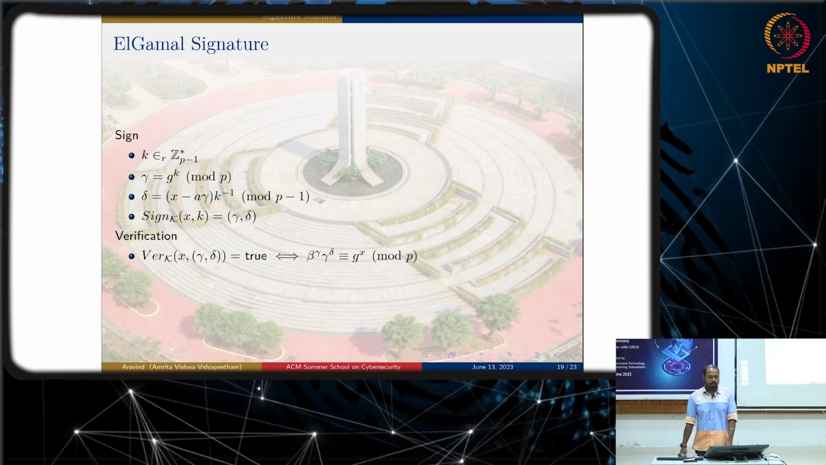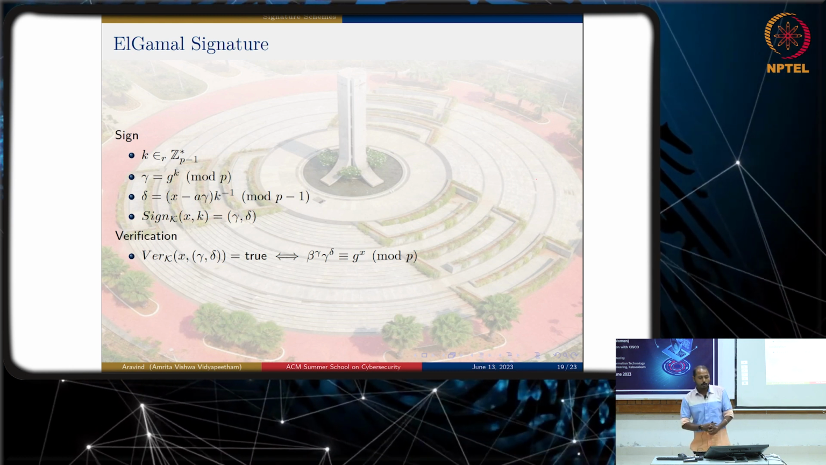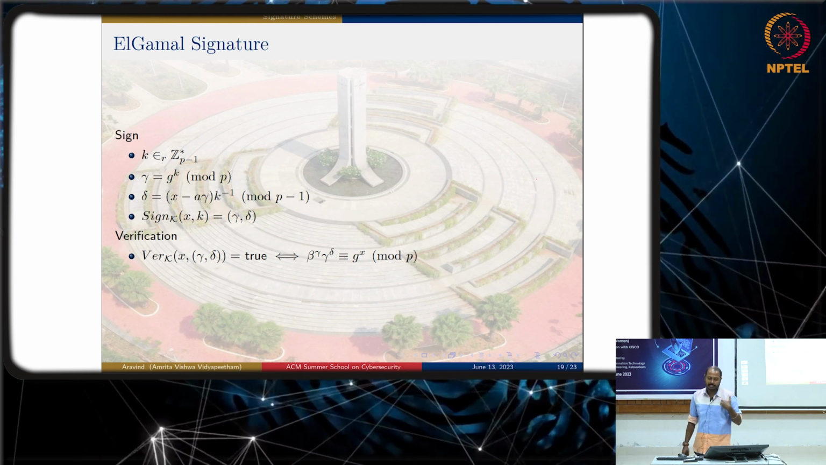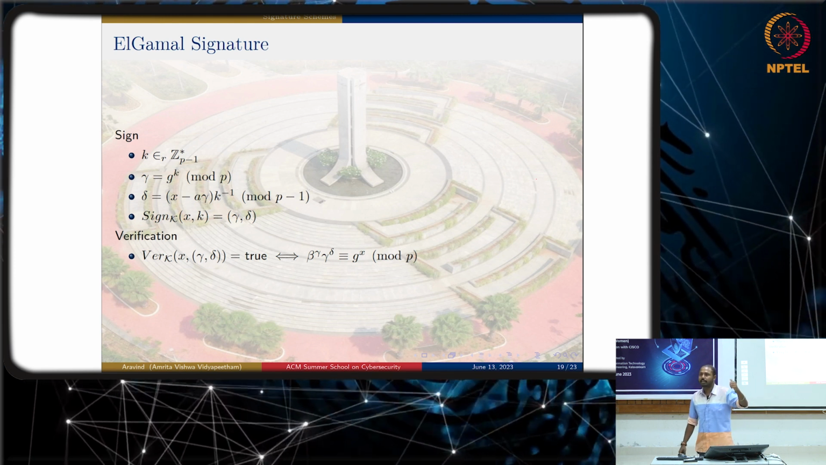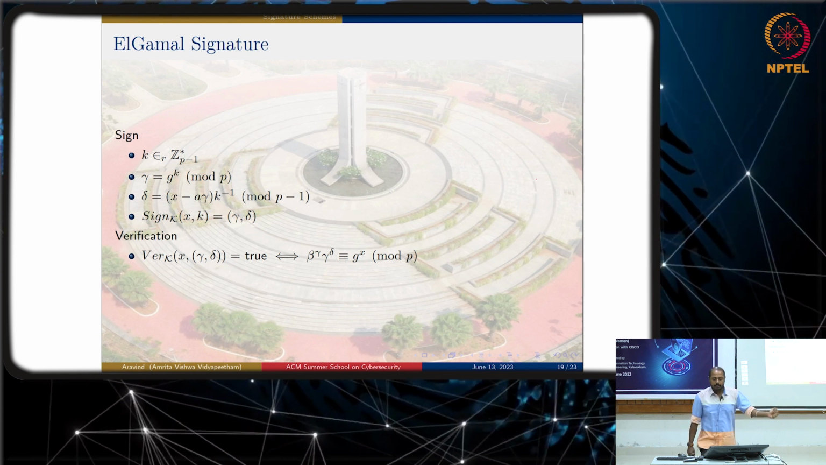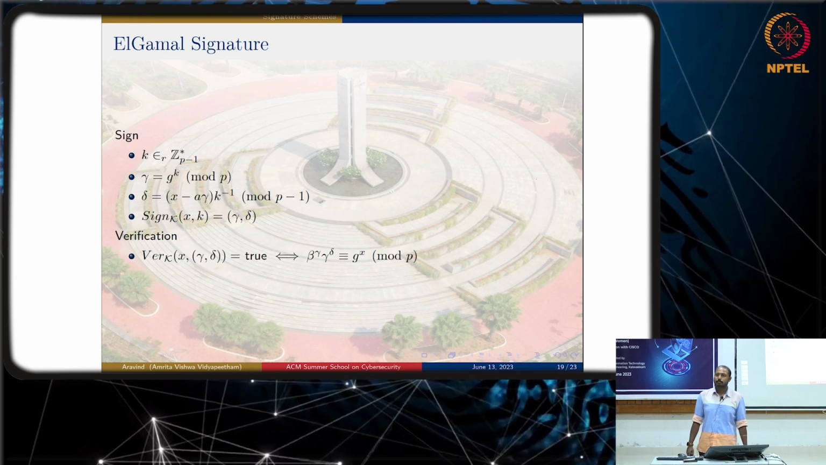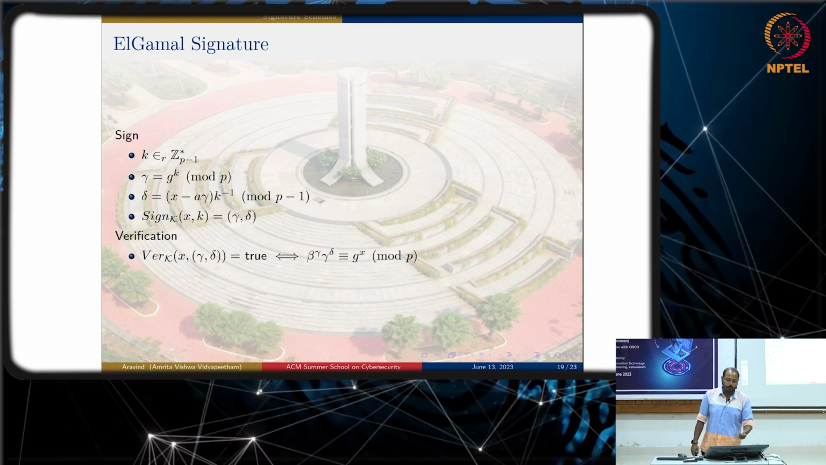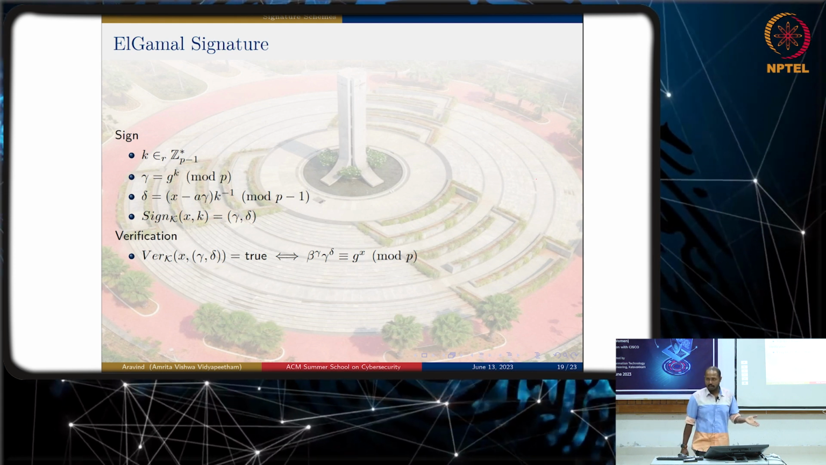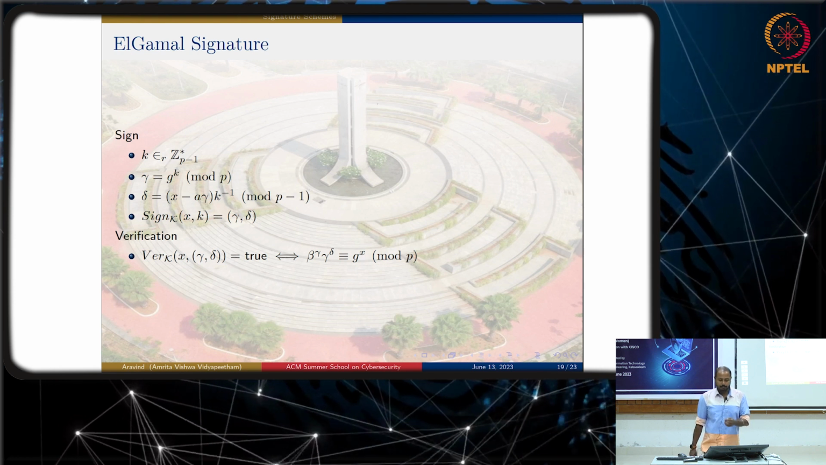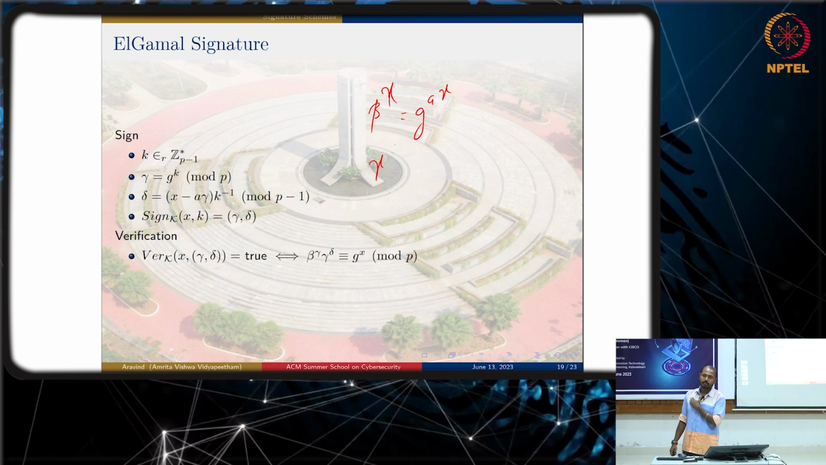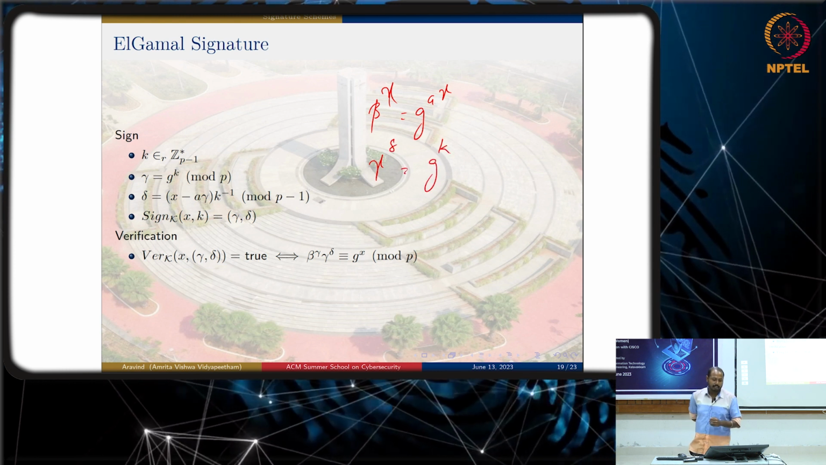So for verification, x comma gamma comma delta will be given. That is, the message along with the signature is taken as input. It outputs true, or verified, if and only if beta power gamma into gamma power delta equals g power x. So beta power gamma will be g power a gamma, and gamma power delta will be,